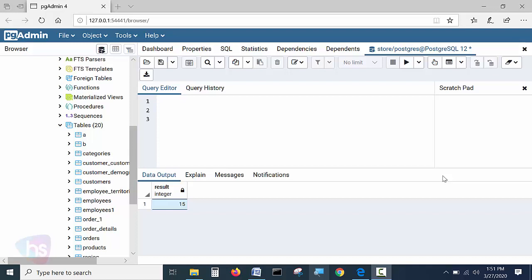The basic syntax of DISTINCT is very simple. Like in the earlier session where we saw the SELECT statement, we'll create a DISTINCT statement over there. Earlier we saw SELECT column name, column 1, comma, column 2 FROM table name. Here we have used a products table.